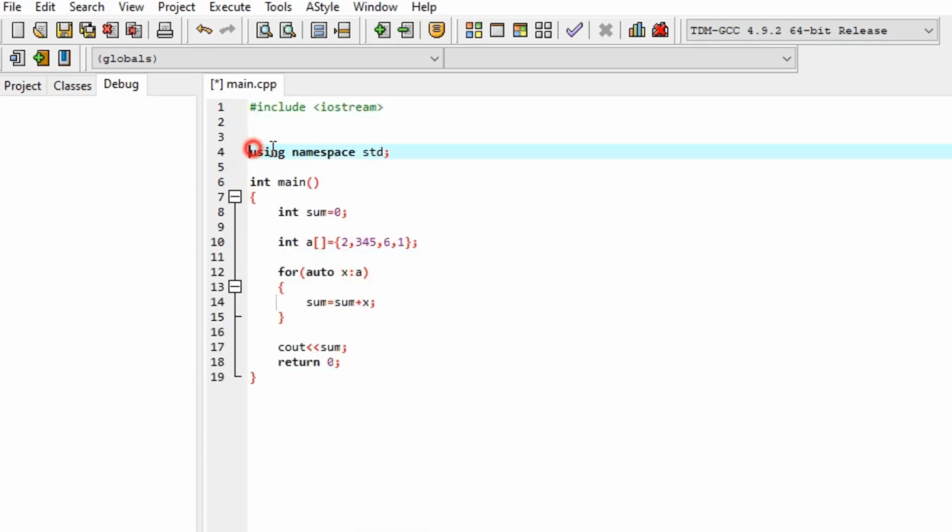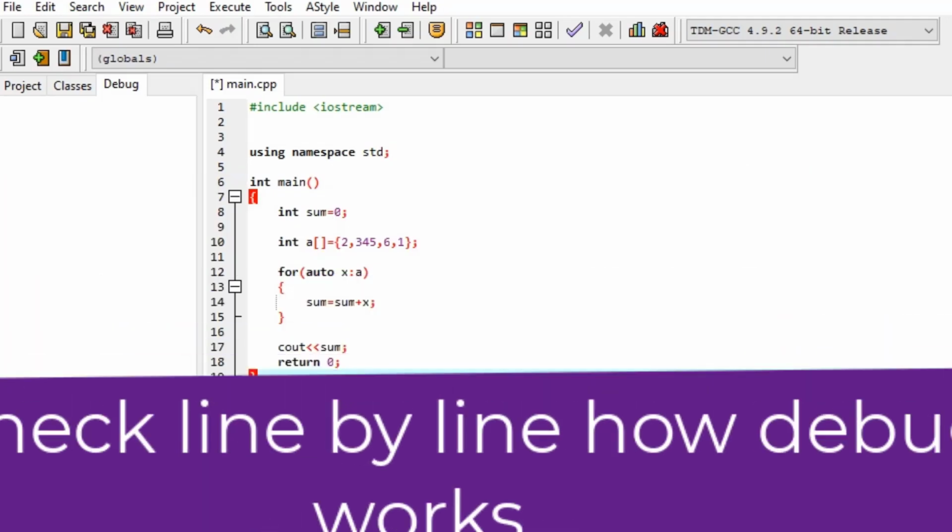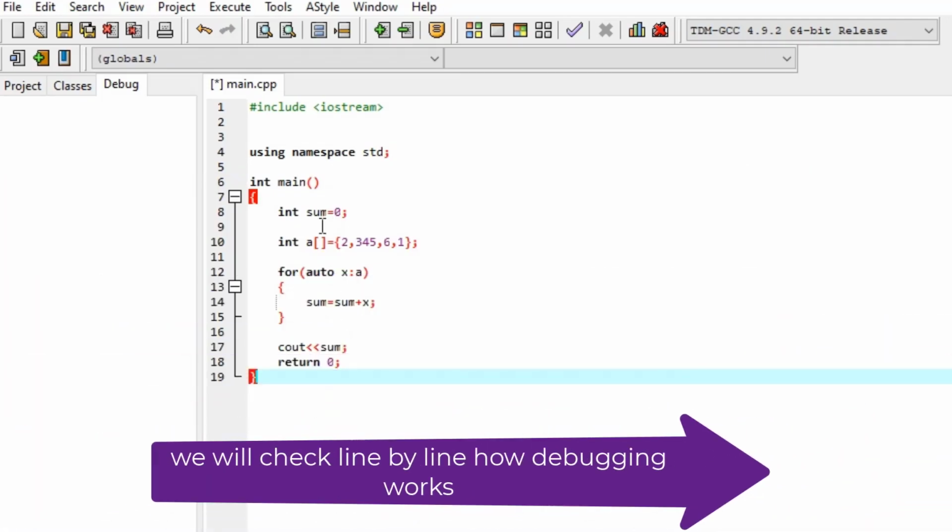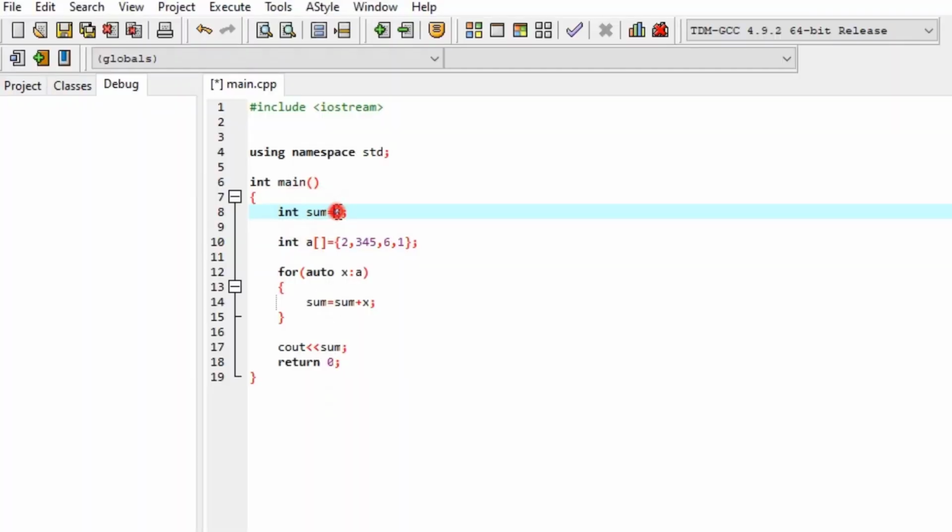Here is using namespace std, and here I am using cout. In this program we will see how the lines run one by one. Here what I have written is sum value is 0. Here I am doing the addition of array values using a for each loop. Here I have to observe that firstly the sum value is 0, and the array value is some garbage value.